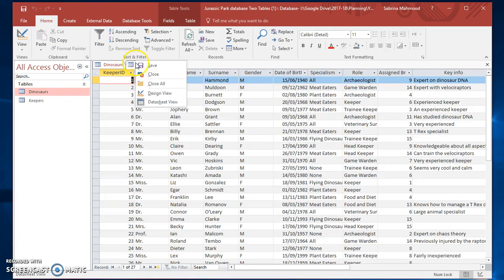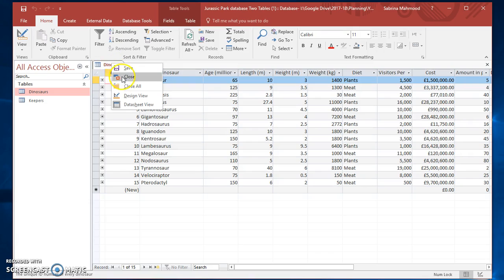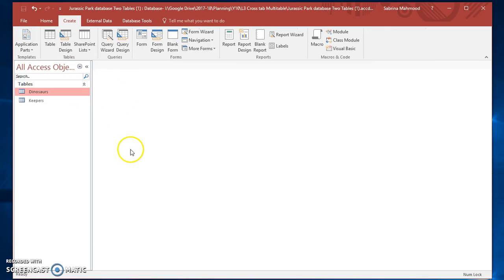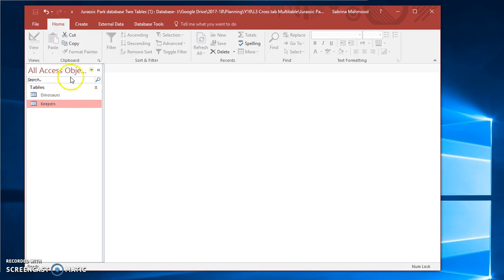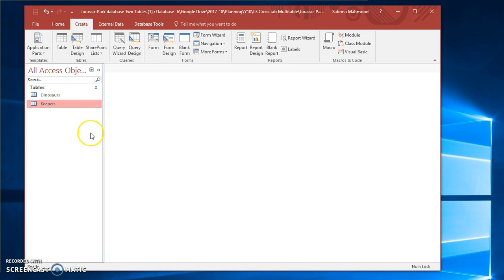What we are going to do, if I just close those 2 tables, we're going to create a multi-table query, because what I'd like to have is a list of dinosaurs and who their keepers are. Now, an easy way to do that is, if we are going to create a multi-table query, so if I go up here to query design,